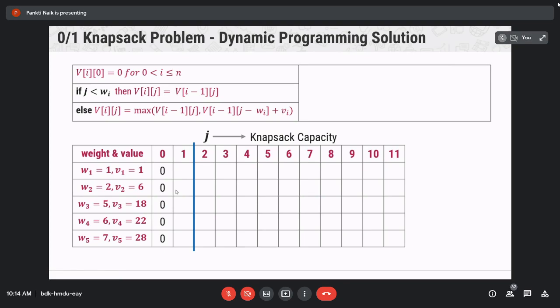Yes or no? Yes, ma'am. So likewise, find all the values for V11, V21, V31, V41 and V51, and match your answer with this table.